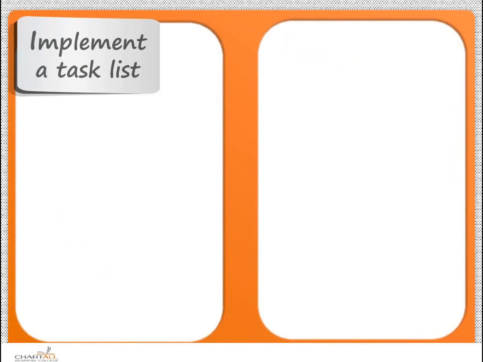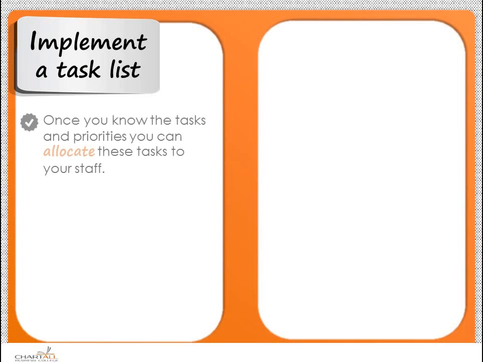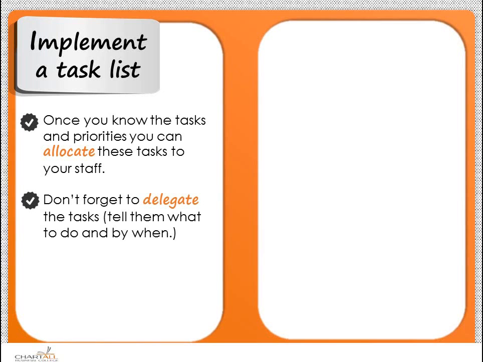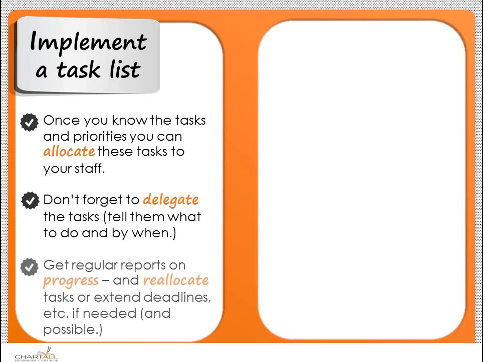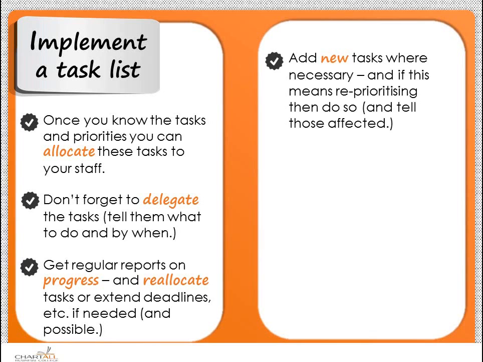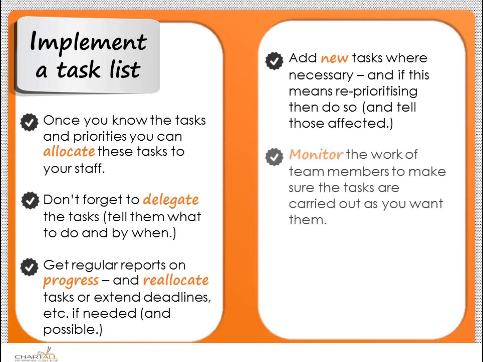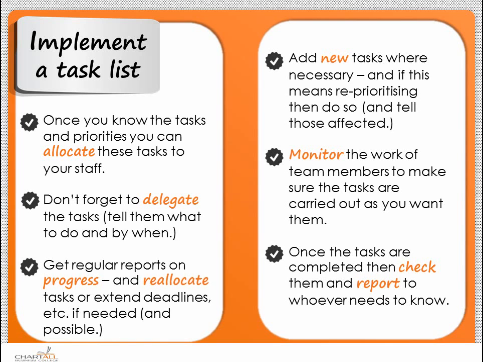We spoke about a task list earlier on. How would you put in a task list? What would you put on there? You could use it to allocate the tasks. You could use it to have a record of who you're delegating to. You could use it to prioritize your tasks. You could use it to reflect the progress on the tasks. So your task list is a useful tool to any good manager.